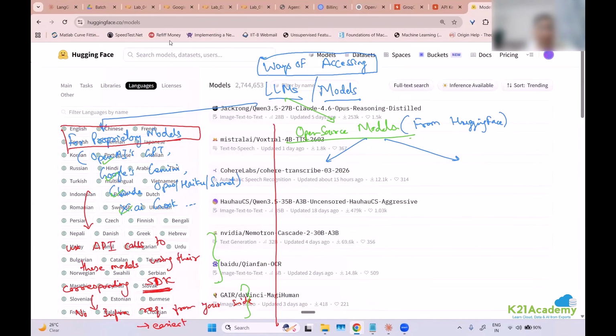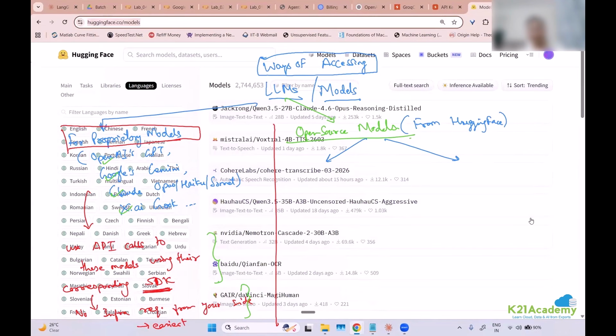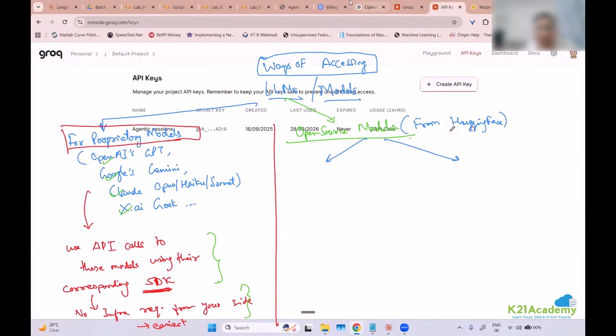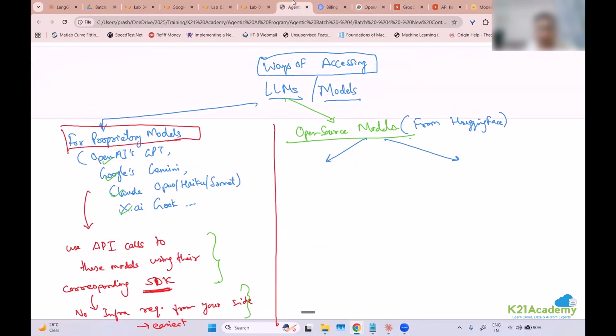All these models are available for free. Some of them could be gated models, which means you'll have to accept their individual license agreements, but that is still free. That fundamental thing doesn't change. There are two ways you can access these models. Option A is to download these models